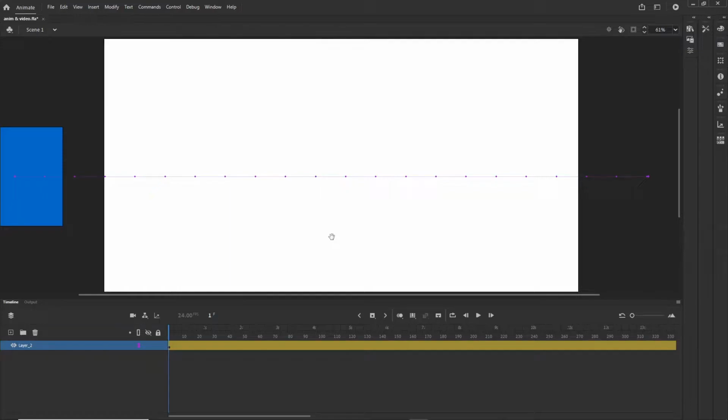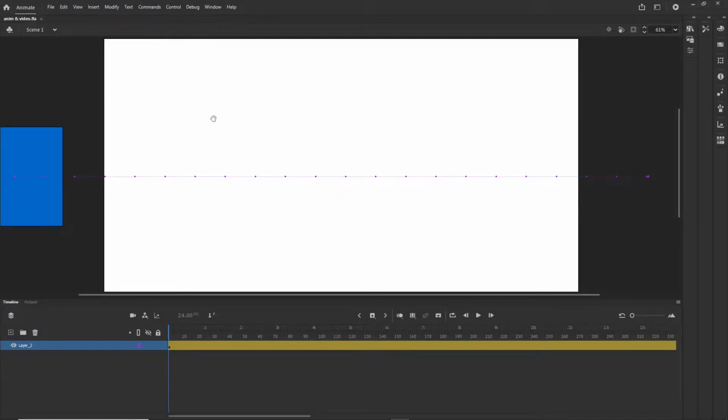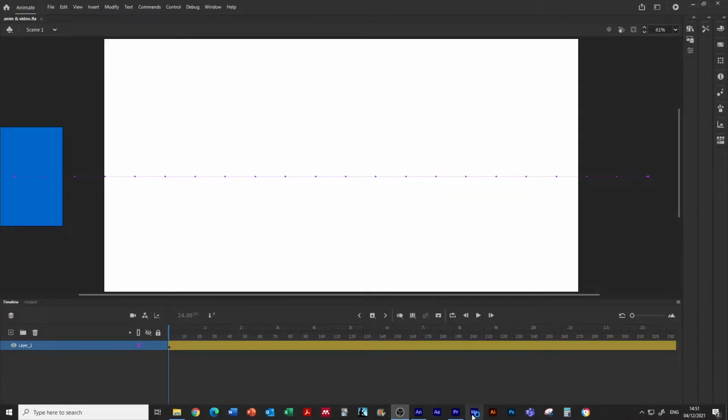So now we're going to import our footage in. The next thing we're going to do is look at the original footage that, again, you should have downloaded from Teams. We need to convert that to an MP4. So a lot of this tutorial is just about formats and getting things in the right format so they're compatible with one another and you can use them together. To do that, we're going to use Media Encoder. So if you open up Media Encoder,